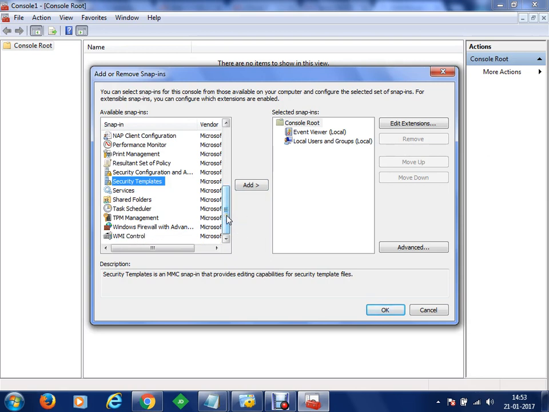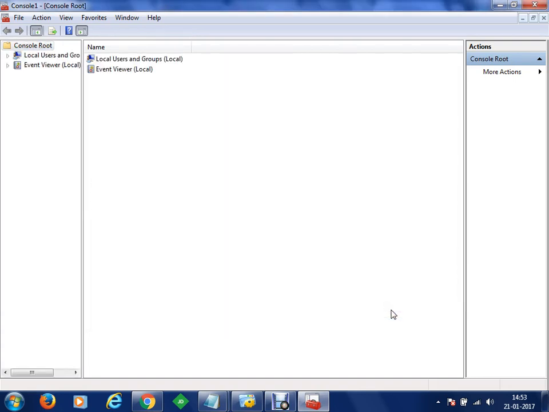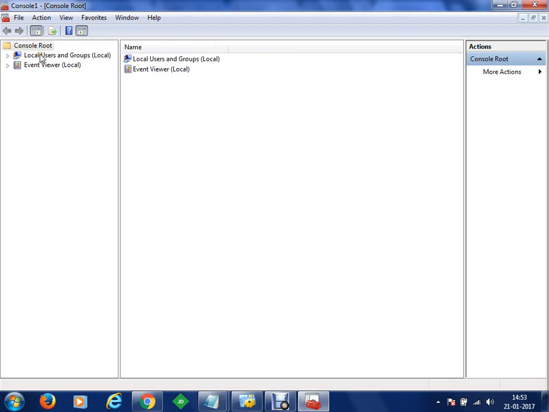So we are going to perform analysis over these event viewer and local user policies at the moment. In case you want to remove any of these extensions or you want to move any of them up, you can do that. Let's say if I select this, I can interact with this interface and I can change. Okay, now what next we need to do? Let's click on OK. So as soon as we click OK, we'll get all the policies here.